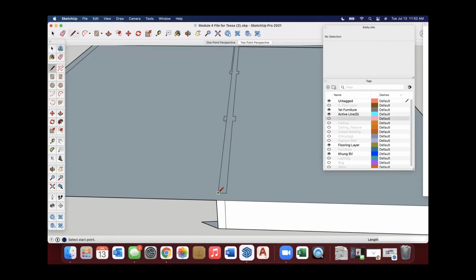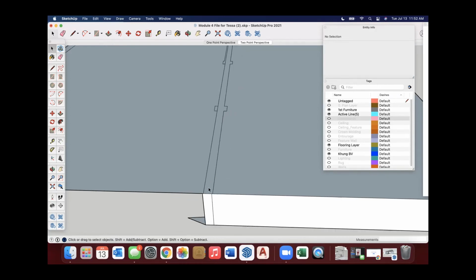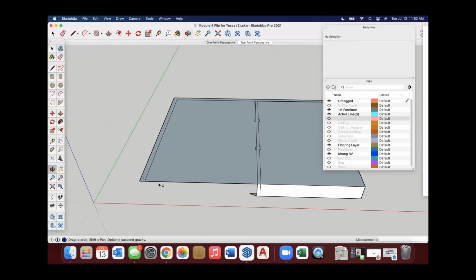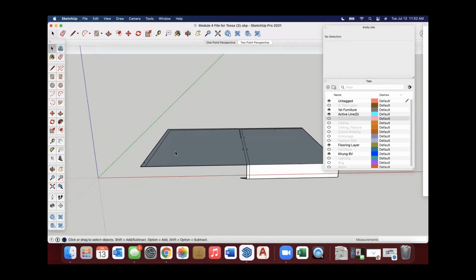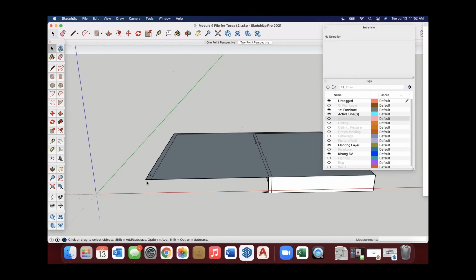Maybe we just need this to come. Make sure we're green. And then seam that up a little bit. And then we can apply a floor material when we're ready.